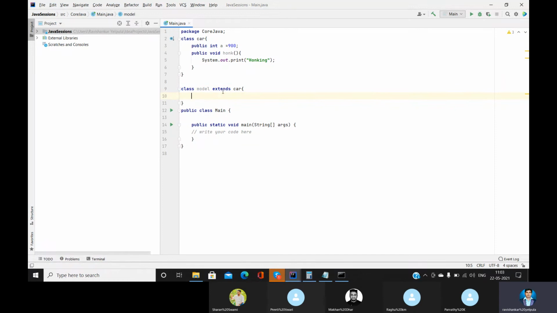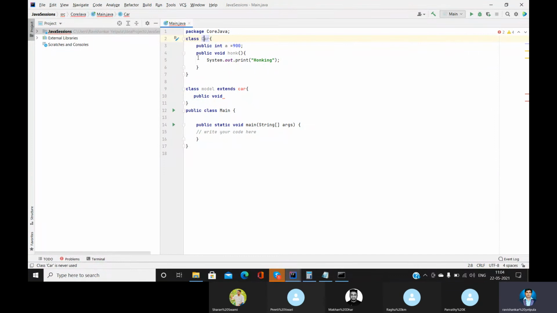Whenever you find this word extends, it means that we are going to inherit the class Car into Model, so whatever the variables and methods of Car will be available to the Model. Now see here. My bad, this Car should be capital always, and even this Model should also be capital.